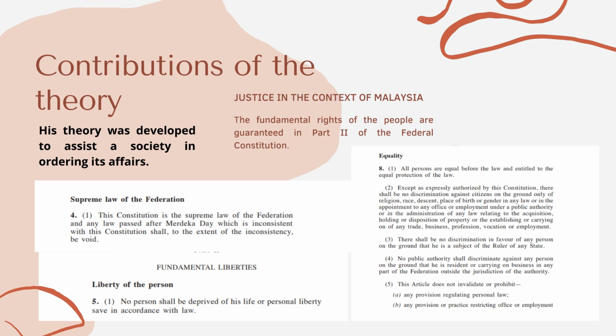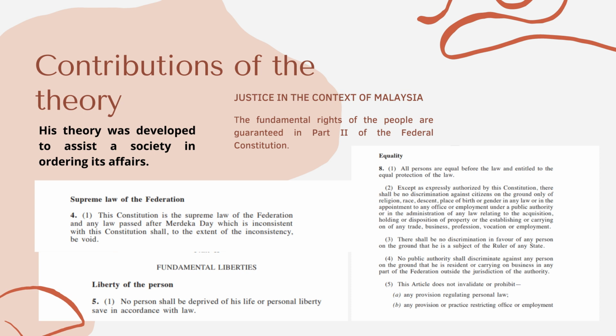From the background of the theory of justice, we could say that the concept of human rights is essential because we can see that one of the fundamental principles of justice is the rights of the people, or human rights. In today's modern world, human rights or fundamental liberties usually can be found in the constitution, as the constitution is always regarded as the supreme law of the land.